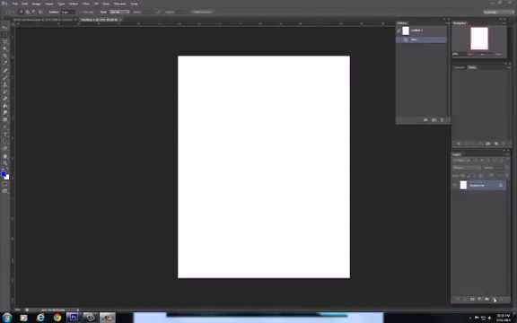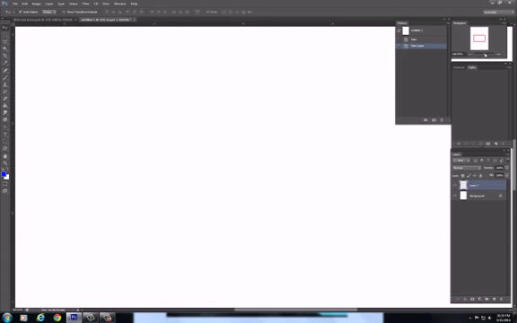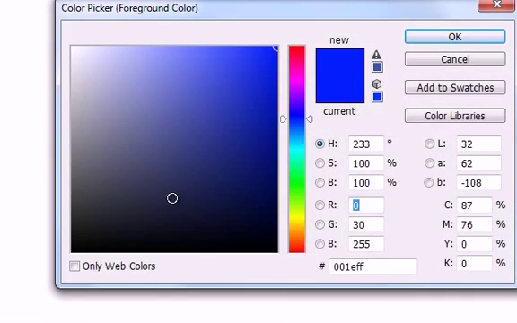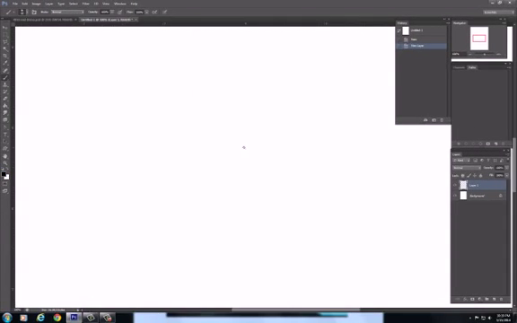Okay, so today we're going to quickly cover the path tools on a very loose sketch and try to bring that sketch up to a little bit higher quality. So again, I'm going to start off with a standard format letter size, and I'm going to do kind of like a very simple